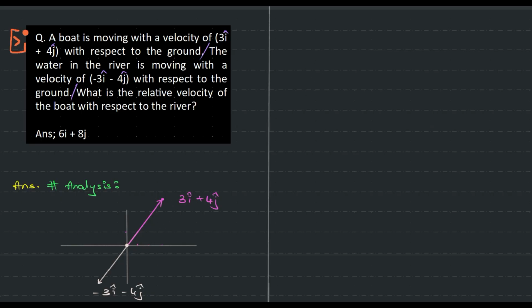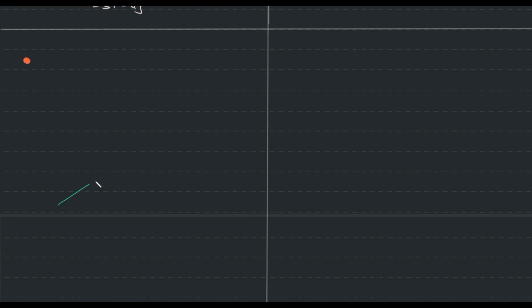Say you have a river like this. This is only for our understanding. You have a river flowing this way. Basically the boat is going this way. So if we happen to say a log or a piece of paper or a leaf, if it's flowing this way, and if there is an ant on that, so this ant will be looking at the boat, and the question is how,